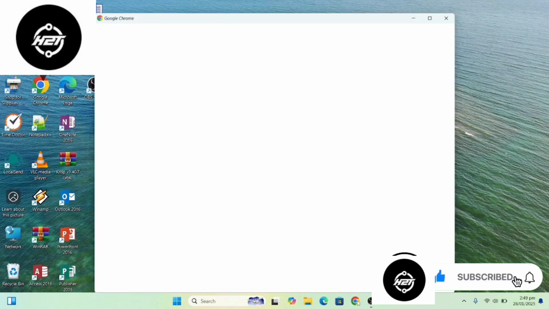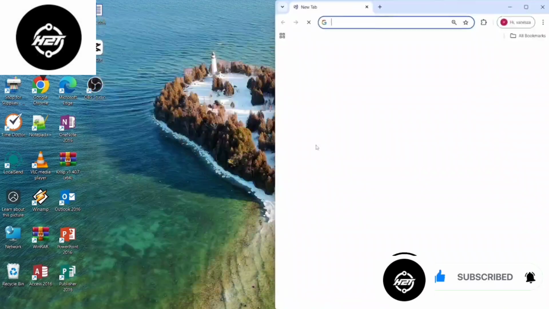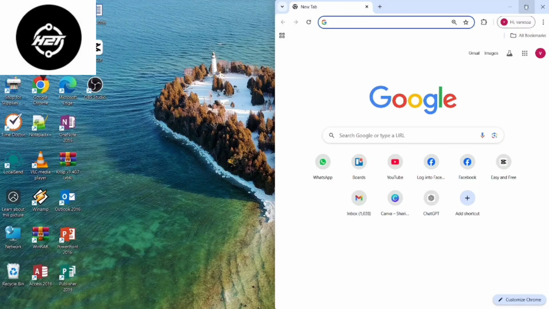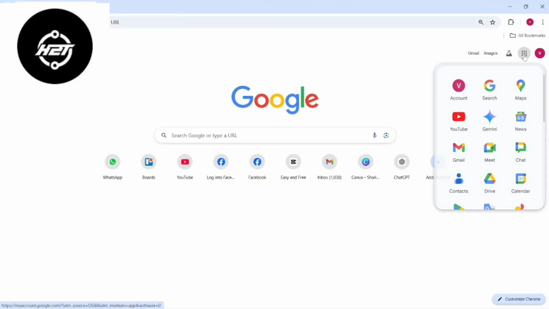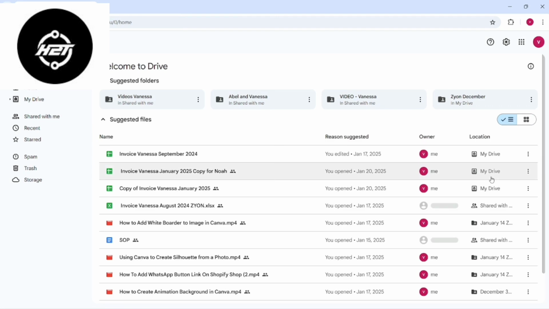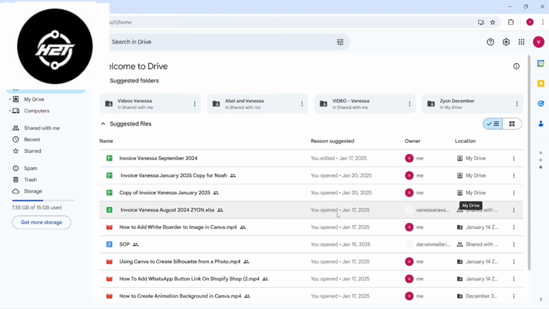Today I'm going to show you how to add a PDF in a YouTube video description. In order to create a viewable link in a YouTube video description, the link needs to be set to public. This video will walk through the steps of uploading a document into Google Drive and creating a shareable link that can be posted in the YouTube description.